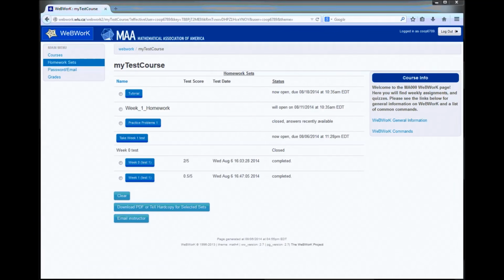The email instructor button, if it is enabled, is for reporting errors. For example, if the question asks you to add 1 and 1 and you enter 2 and WeBWorK is marking it wrong, then you should use the email instructor button. Similarly, if at any point when you're using WeBWorK an error message pops up, you should then use the email instructor button. That is all for this